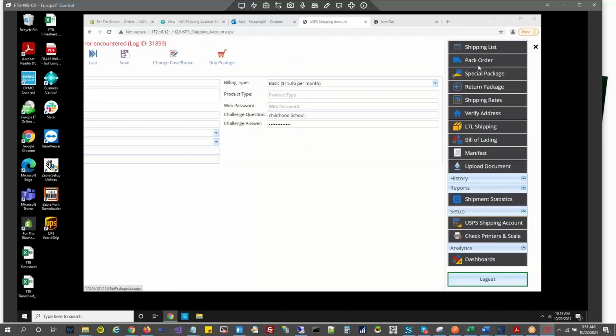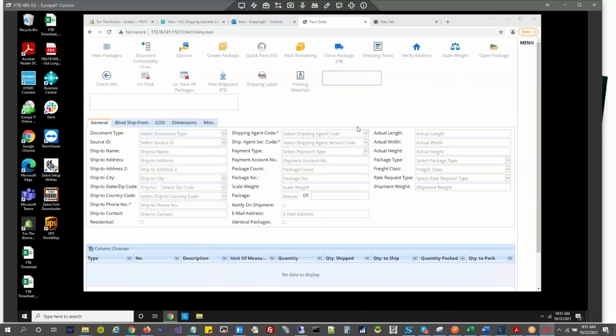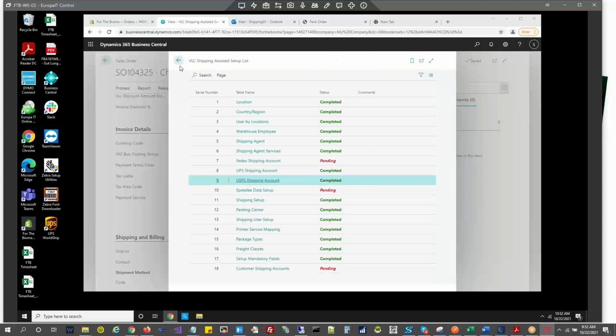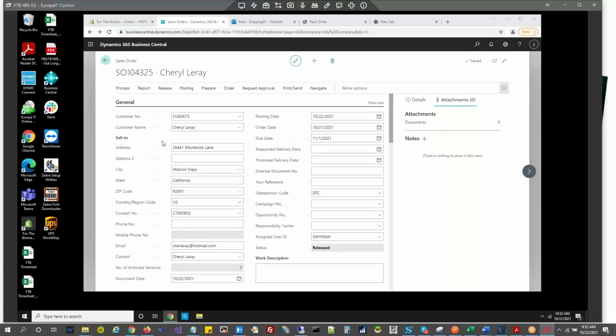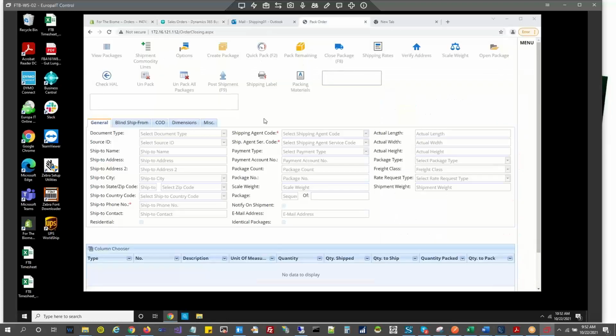The USPS shipping account setup is down at the bottom right there. Do you ship international orders as well? We do get Shopify orders every once in a while, yes. Do you have any order now to show? Did you notice any when you were printing them? No, I don't think we have any right now. I think we'll have to deal with that when we get to it.